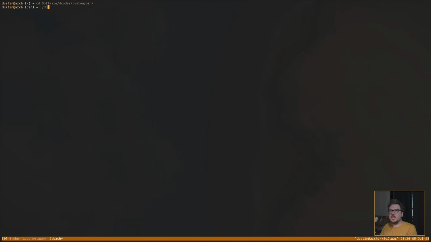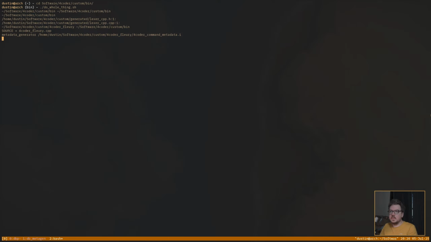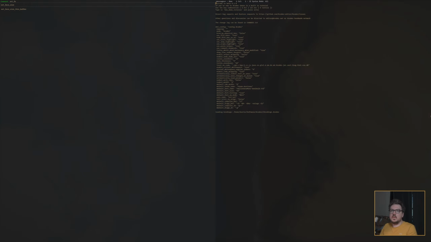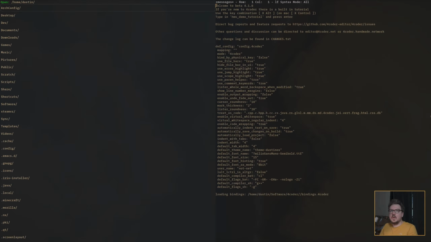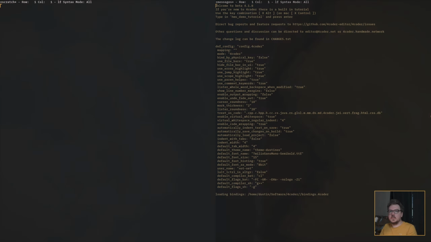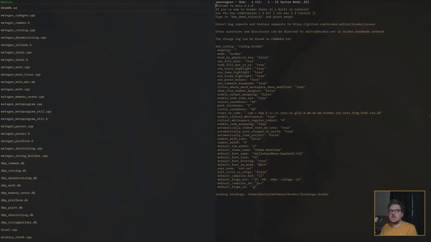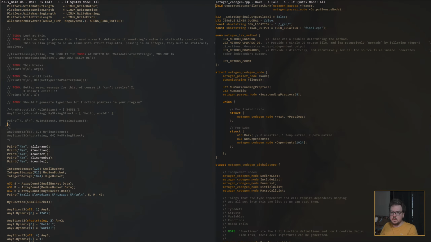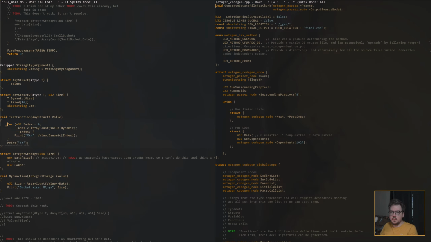I have a single script that does this whole thing for me: recompile the custom layer, replace it, all that stuff. Okay. So now I should be able to open up the code base, go to main, and we should now have